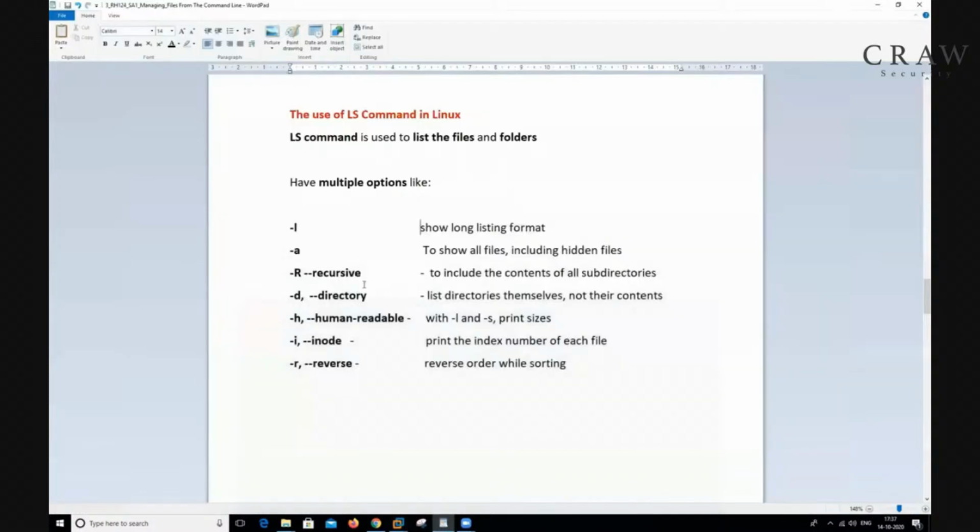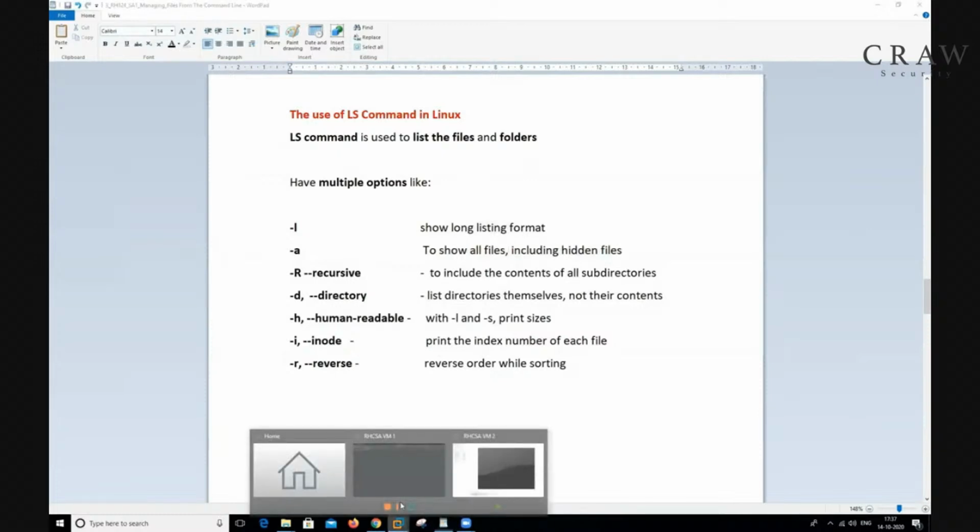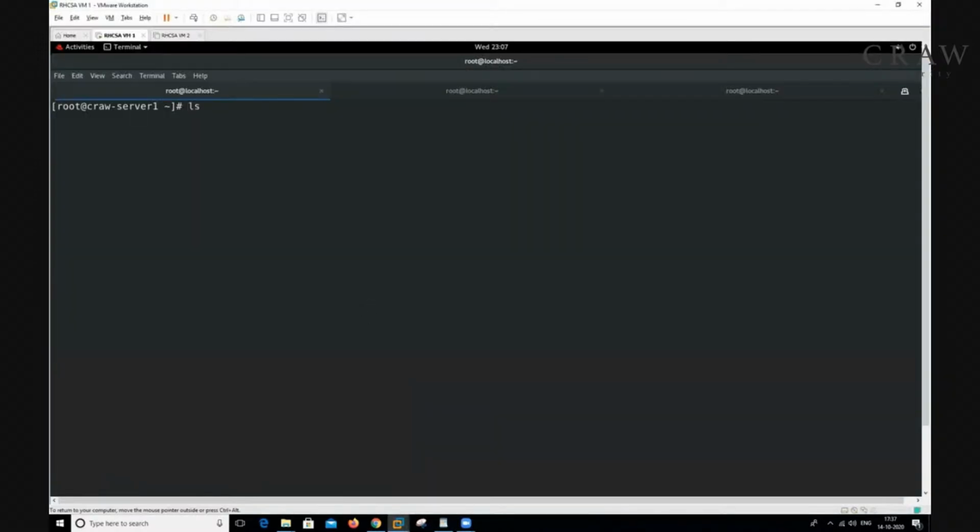Suppose we want to use another command. What is the use of the -a option? It will show all the files, whether hidden or unhidden. I will show you. When we type ls, it will show me these files and folders. When we type ls -la,